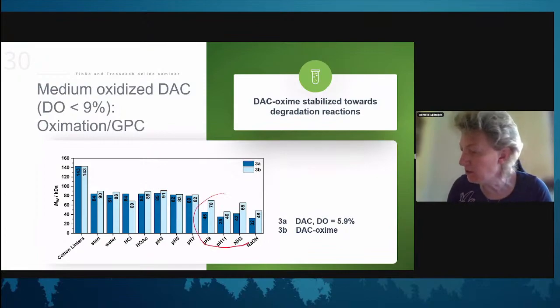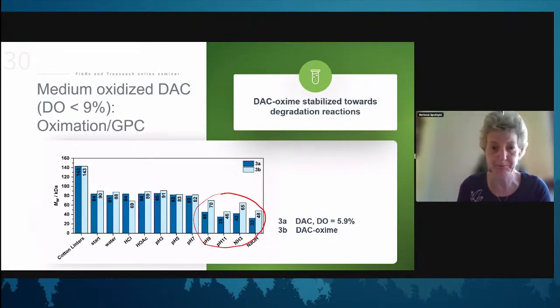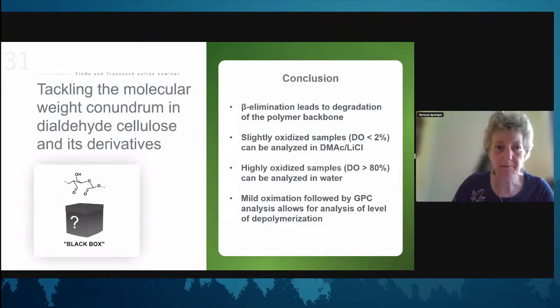We see that here. This is a comparison between oxime and non-oxime periodate oxidized celluloses. But the oxime per se is a more or less stable material to measure in lithium chloride dimethylacetamide. So that works quite nicely. It's a little bit of a workaround for that invisible range where we are still interested in the molar mass distribution. All right, so this is basically it.